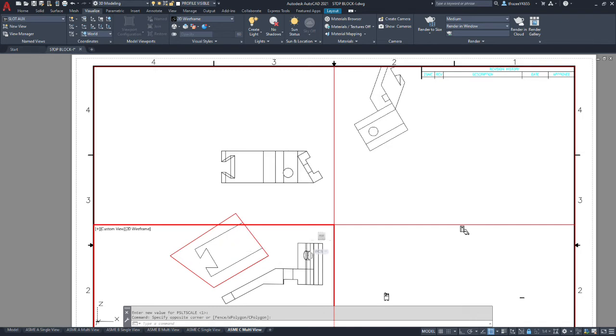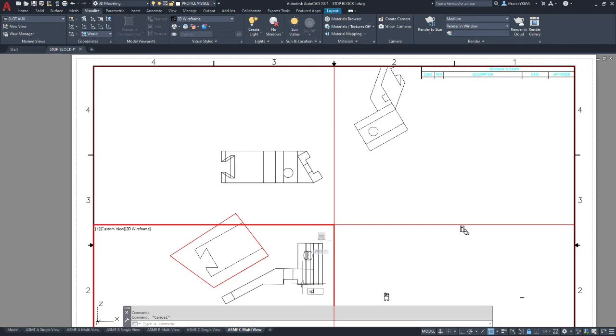Now we're going to go to LTS, and set that to 0.5 and see where we're at.